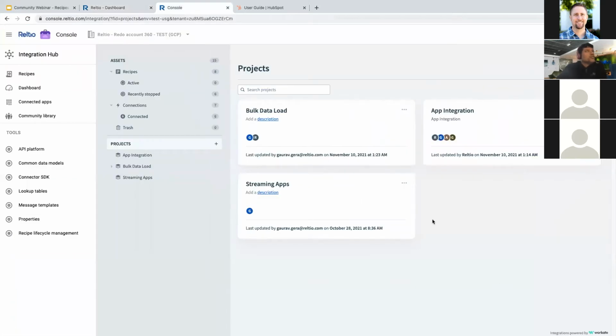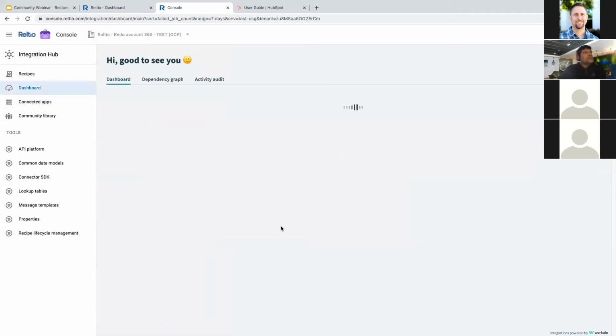Once you do that, you land on this page. We call this the Workspace. There are various aspects that you can see. On the left-hand side, you see the navigation bar. The first one is the recipes, which is where you will build out the integrations. This is where we will spend most of our time, so I'll come to this later. But at the same time, what you can also do is within the dashboards,